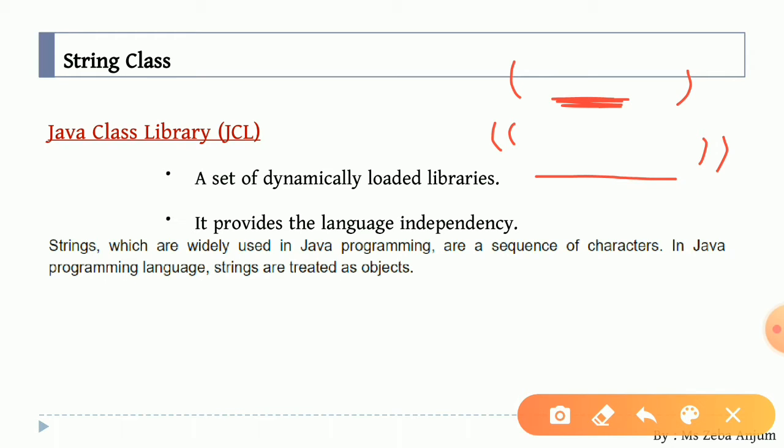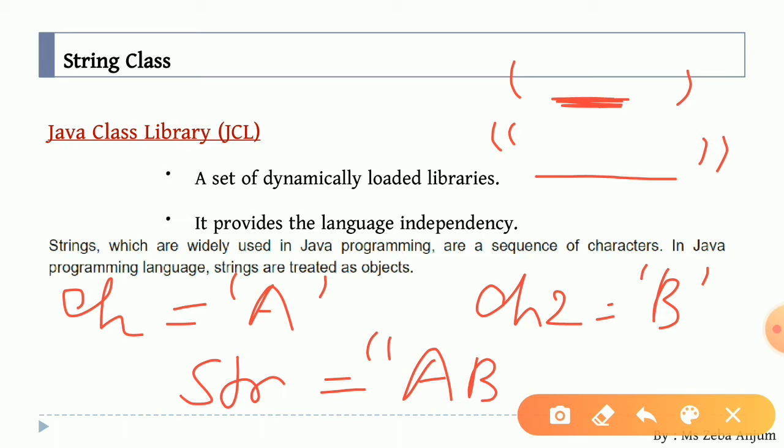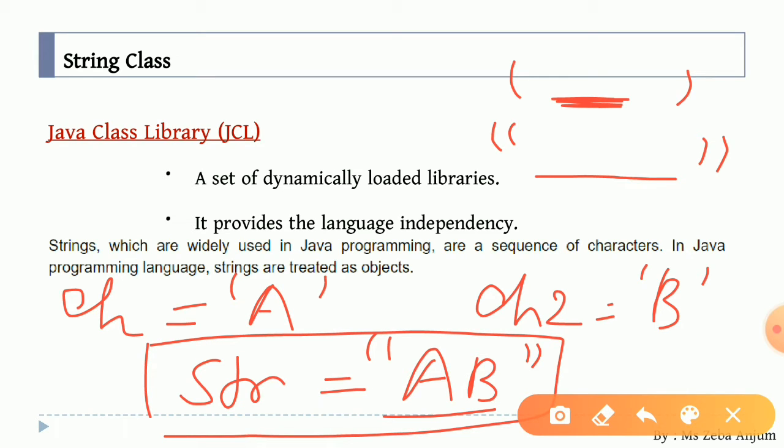Yes, it means to say if you have two characters, let us suppose ch equals a and ch2 equals b, so your string str can hold both the things, a as well as b. Okay, so that is why we are saying it is a sequence of characters. Now we have made a data type over here, a string. If we talk about the data type, we just write string before str. Now over here we have talked about the data type.